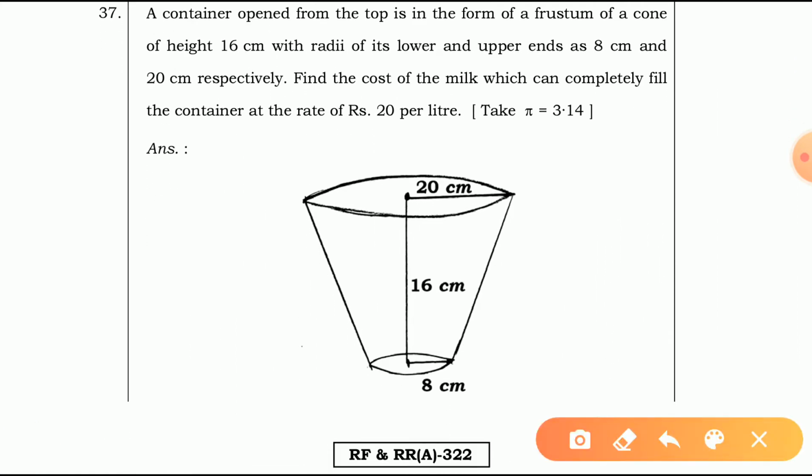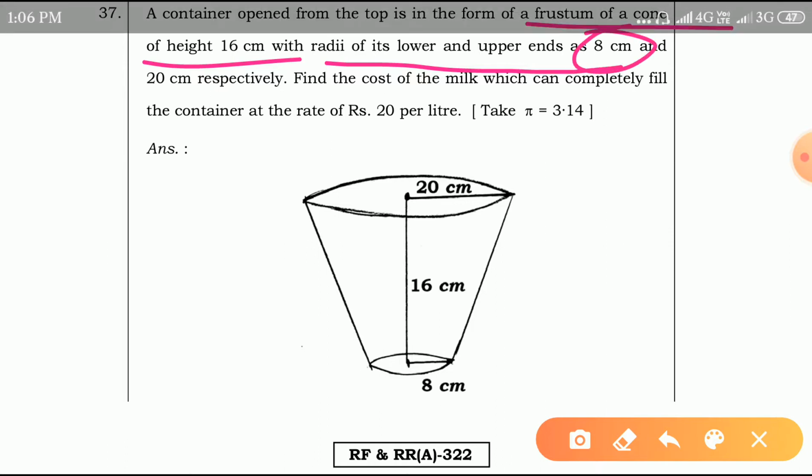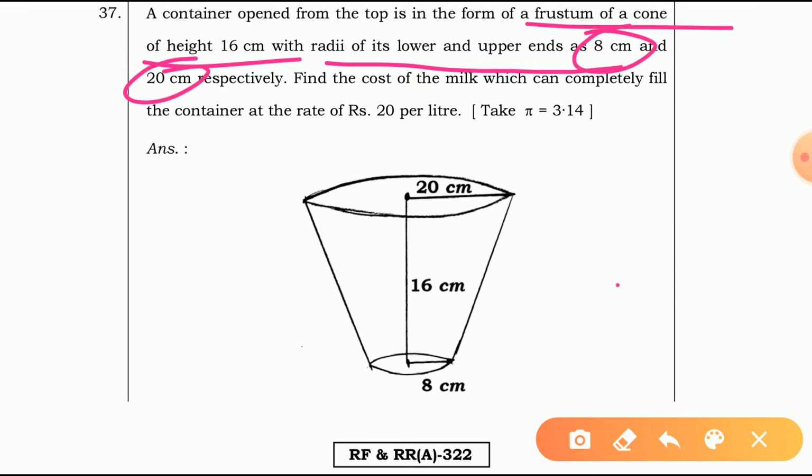37. Okay, a container opened from the top is in the form of a frustum of a cone. We know the definition of a frustum of a cone. Here the height of this cone is given, that is 16 centimeter, with the radii of its lower and upper ends being 8 centimeter and 20 centimeter respectively. Find the cost of the milk which can completely fill the container at the rate of 20 rupees per liter. Take pi is equal to 3.1416, or simply we write pi is equal to